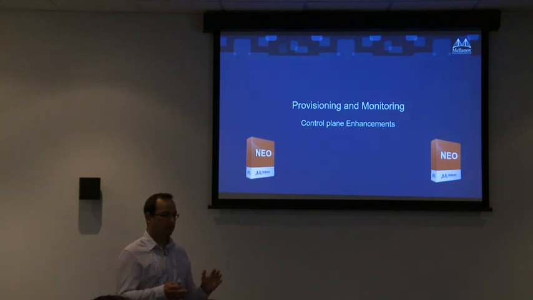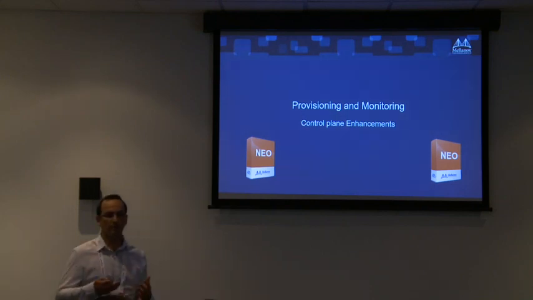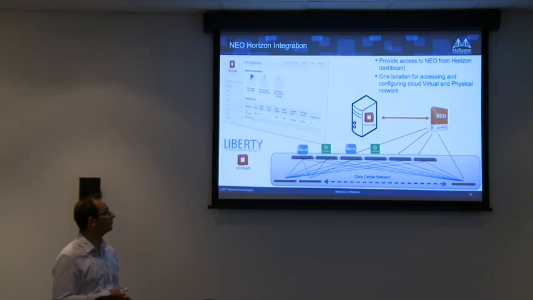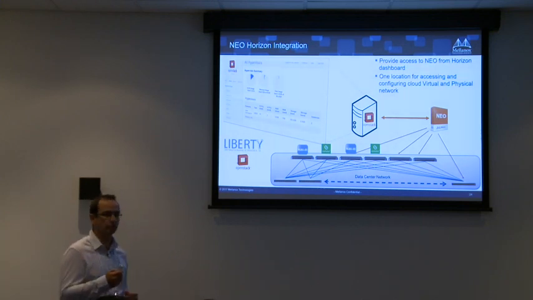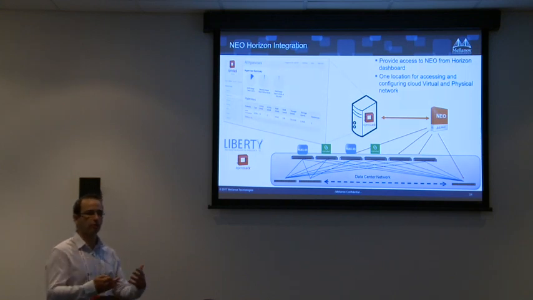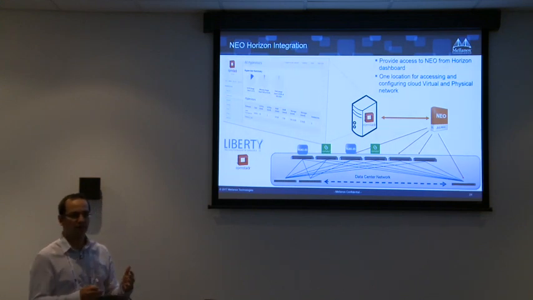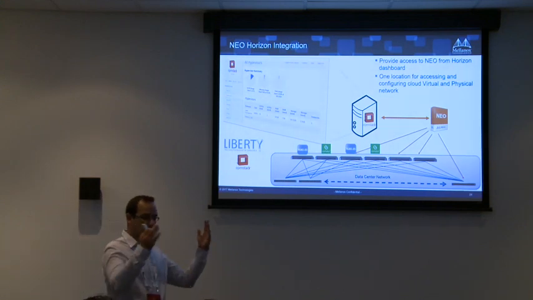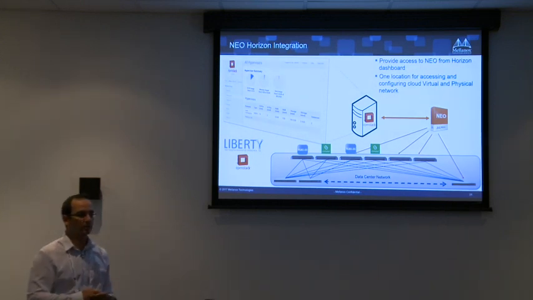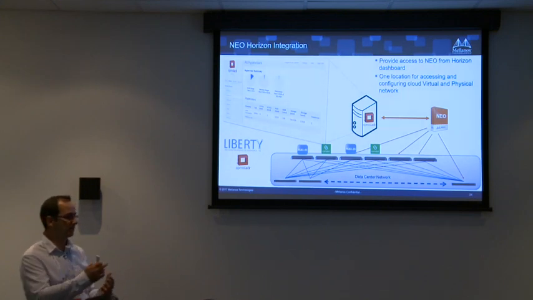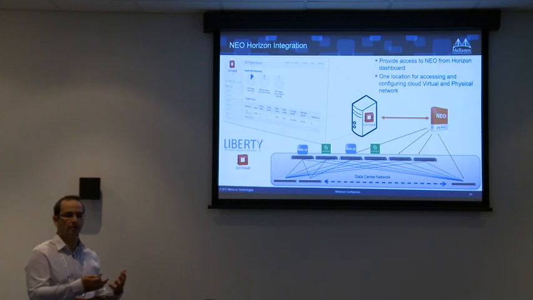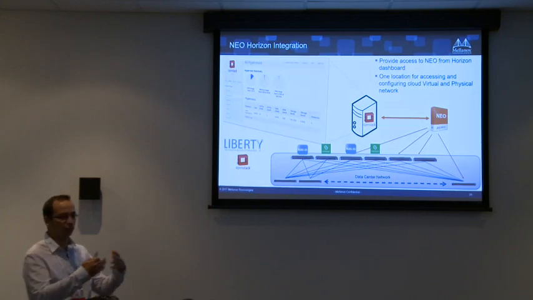Besides the features themselves, we need tools that can do automation, orchestration, and monitoring. We have a nice tool called Neo. Basically, it has 3 goals. One of them is to do monitoring. It actually provides a GUI where you see counters, heat maps, congestion points, and so on. It can provision. Cumulus or Mellanox OS, it doesn't care. From its perspective, you can do provisioning to the entire fabric on the leaf spine. So it's a big advantage, because there are only advantages in leaf spine versus chassis. The only disadvantage is that in chassis you can connect through one console and manage it as one entity. Neo is helping to achieve that also on the fabric level.